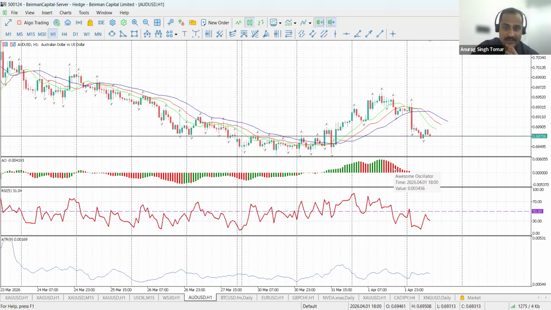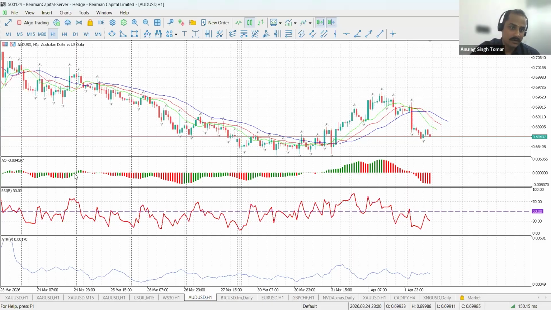And over here you can see the Awesome Oscillator I've used, right? This is also coming from the family of Bill Williams. So this works very best. How to use it? If you're using Alligator and Awesome Oscillator, if all three moving averages are pointing downwards and we have consecutive red bars, that means clear sell. If all three are heading upwards and we have consecutive green bars, more than three green bars, you can think of taking the buy call.